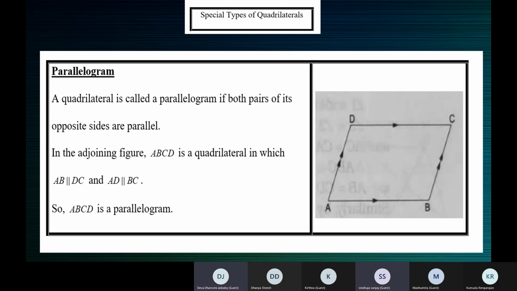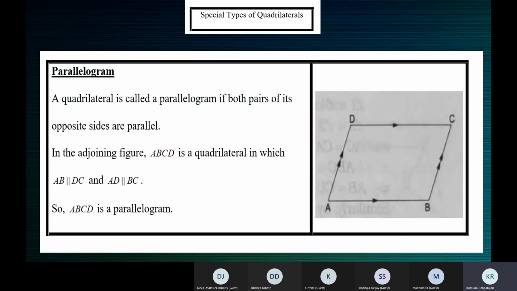Both pairs of opposite angles are equal. That is over, we just finished opposite sides are equal. Opposite angles are equal. So in this figure, which are the equal angles? Angle DAB and angle TBA, ma'am. Correct. We'll just use a single letter. Angle A. Angle A is equal to? Angle C, ma'am. Angle A is equal to angle C.